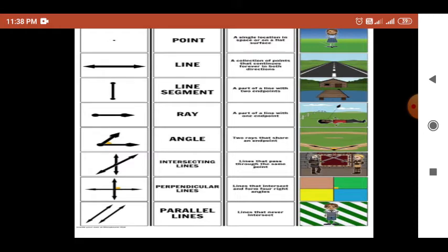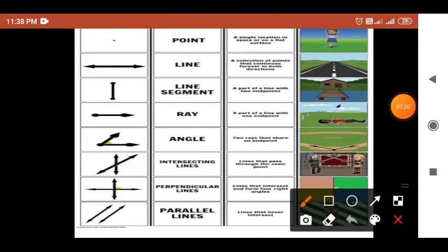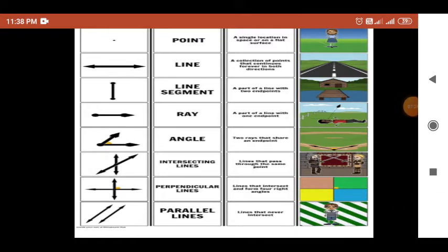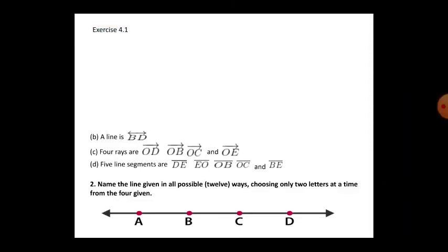And parallel lines. See, this girl is standing parallelly, standing on the parallel lines. You can observe the two lines do not touch each other. And the best example of a perpendicular line is, here you can see, you are standing on the floor or flat surface, and the flat surface and you are both perpendicular to each other. And one more, the electric poles and electric wires are perpendicular to each other.